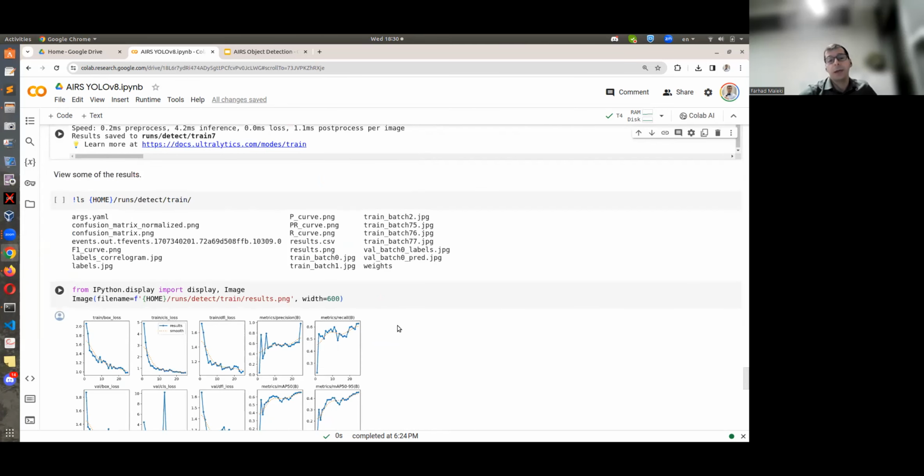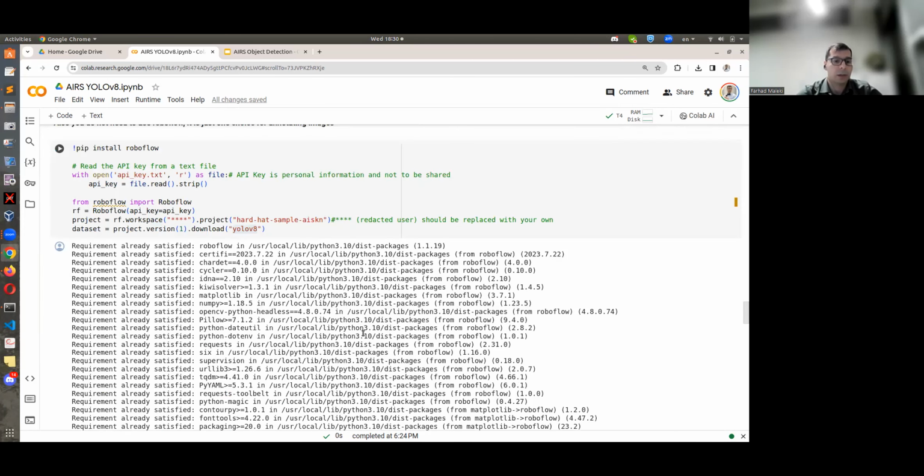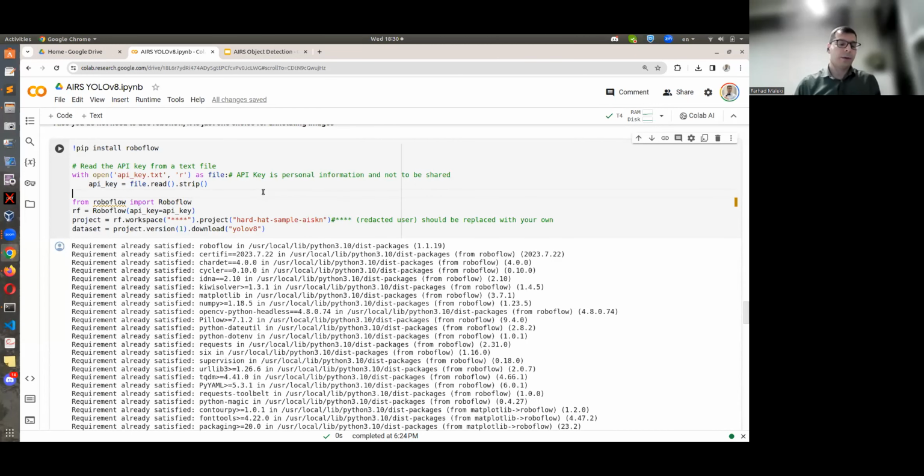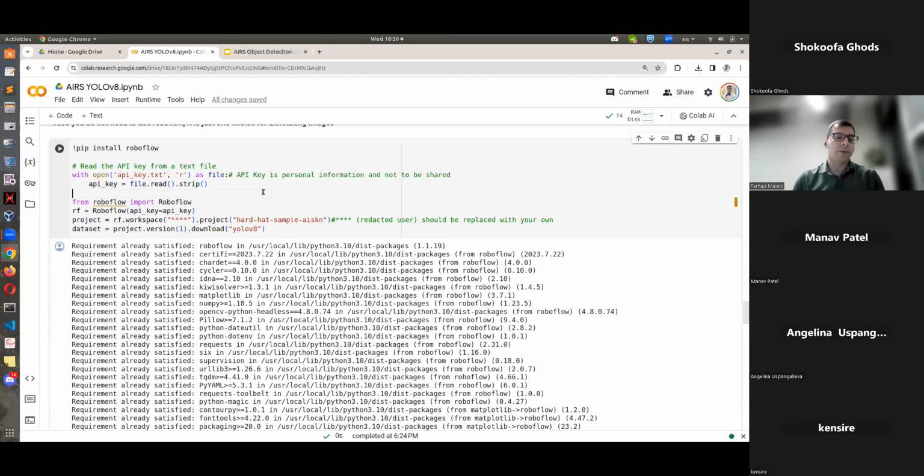What I want you to think of is that, as I mentioned, instead of prediction on your images, you can actually do the prediction on your webcam. Remember, if you run your code on Google Colab, it does not have access. Google Colab is a remote machine. It doesn't have a webcam.